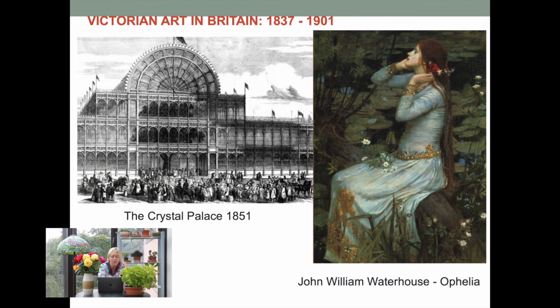Then what we have is Victorian era. So the reign of just one queen, but this was the record-breaking reign at that time. She sat on the throne for more than 63 years. So she came to the throne at 18 in 1837, and she died in January of 1901. So very conveniently, most of the 19th century falls into her reign, the reign of Queen Victoria. So what we have is Victorian art, and whatever happens in this period is sometimes called the Victorian period, Victorian culture. This is the time